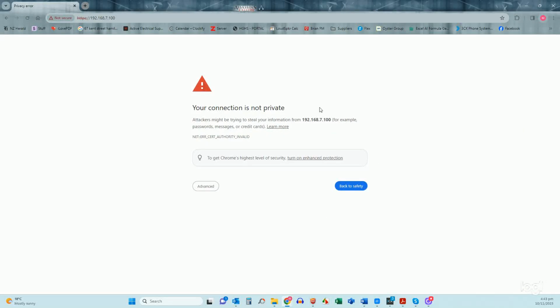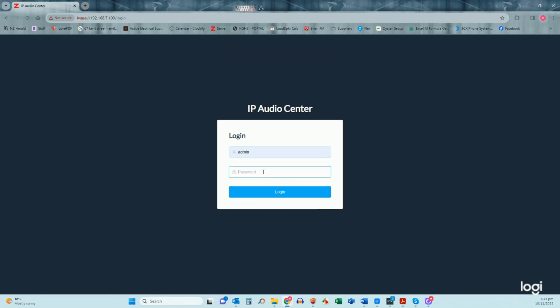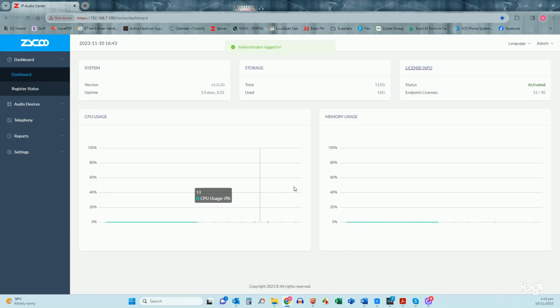You'll come up to this safety window. We're just going to go advanced and proceed to that web address, and then we're just going to put in admin and admin all lowercase as your passwords, unless that's been changed by your supplier and they would have given you that information somewhere. Once you do that, we're just going to go up to dashboard and register status,